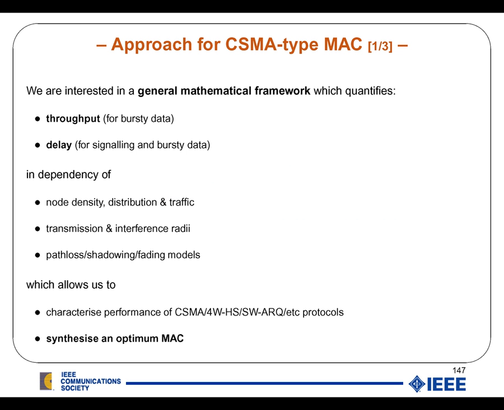Now the aim when we started that work on the CSMA type of medium access control was to provide a general mathematical framework which is able to quantify throughput and delay for that type of data propagating through the network. And that shall happen independently of the node density, the node distribution, the traffic type, the transmission and interference radii, the path loss, shadowing and fading models in general,